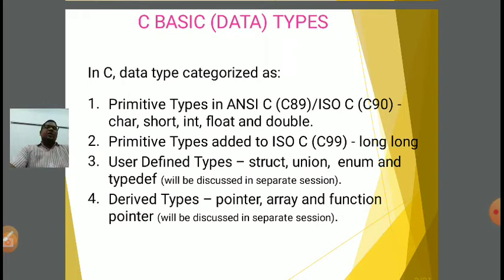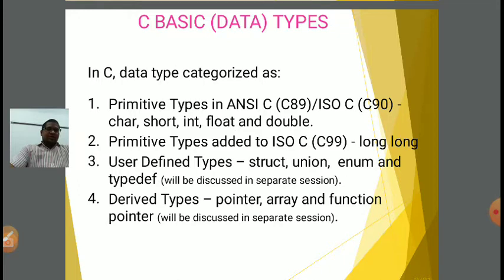We have already discussed the structure. Struct is a keyword. Structure is basically a collection of different data types. As we increase the number of data types in a structure, the size of the structure keeps increasing. So the structure size is dependent on its member size, or we can say the size of a structure is equal to the summation of all its member sizes. So if the members keep increasing, the size of the structure will automatically increase. So it is basically a user defined data type.